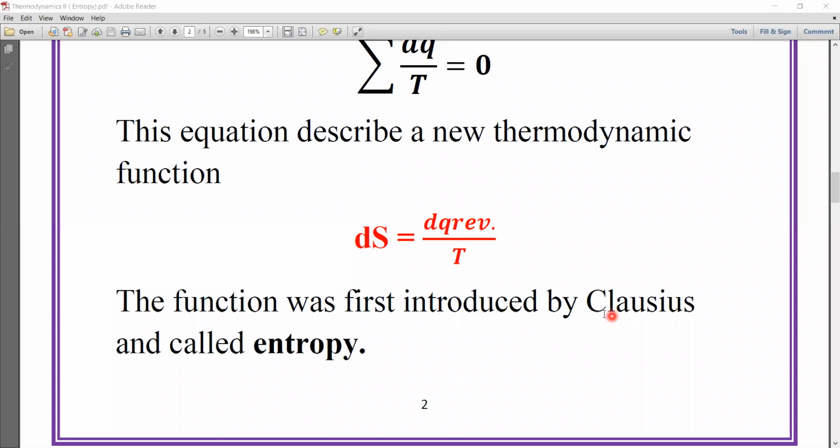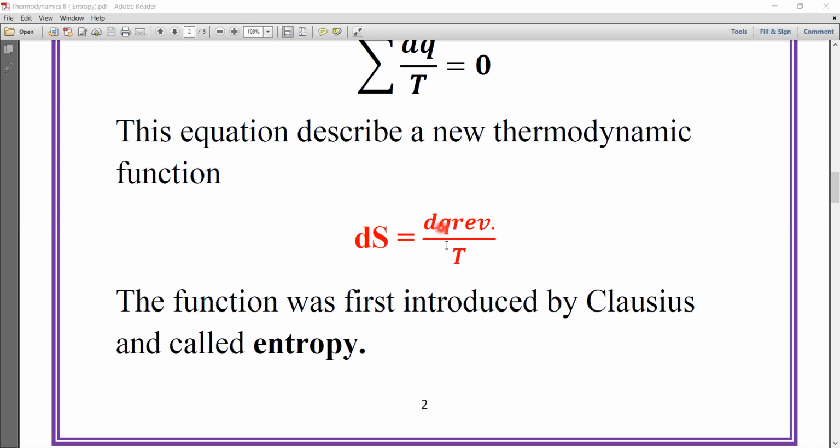Different options are given: Kirchhoff, Einstein, Clausius, etc. So that is Clausius. Remember, that is the concept of entropy. The concept of entropy was introduced by Clausius, and it has a formula: change in entropy